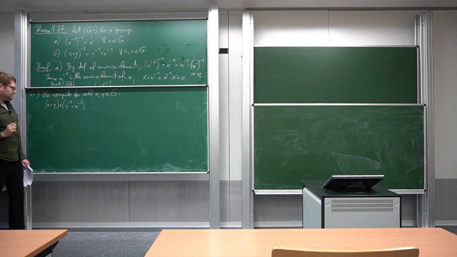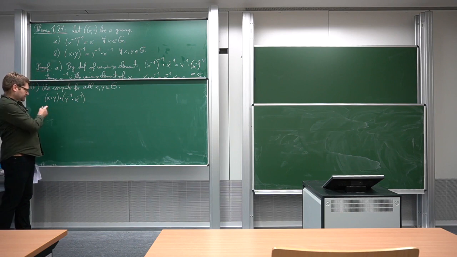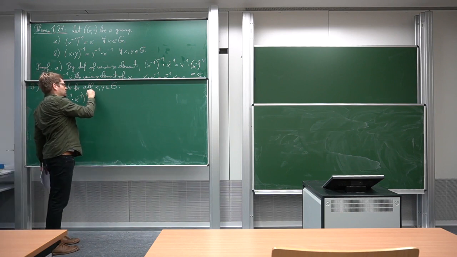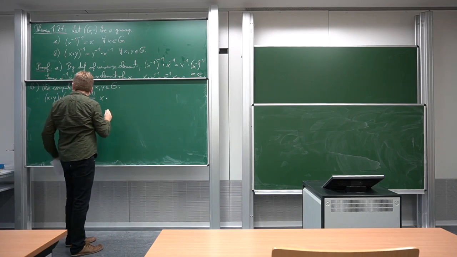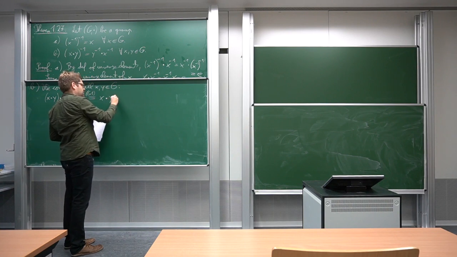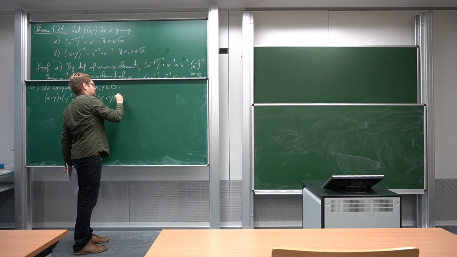And here we can again use the group axiom that these parentheses actually don't matter, because we have seen the ordering doesn't matter. So by group axiom G1, associativity, this is the same as x times, let's do it explicitly. We can just shift these brackets,